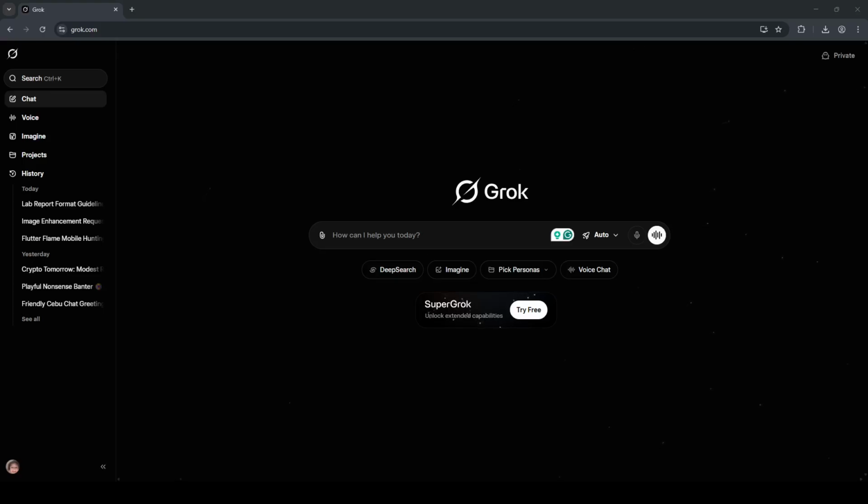That's all there is to it. Go to Grok, open history, and delete the conversation you no longer need. Take a moment to double check you're removing the right thread, especially if you manage multiple projects. And keeping your history organized not only safeguards sensitive information, but also makes it easier to find and